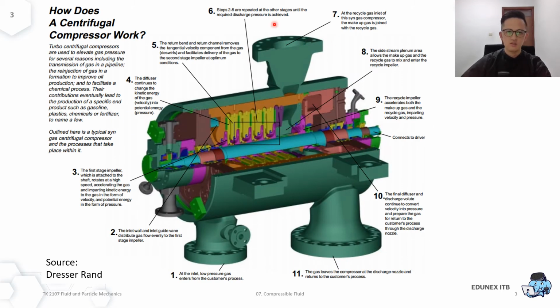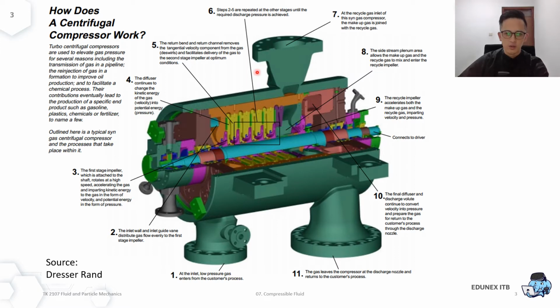So how does a centrifugal compressor work? These are the components that are typically observed in a centrifugal compressor. You have an inlet nozzle where the fluid comes into the compressor, and then you have a fan. This is to distribute the gas evenly, and then you have the first stage impeller. The impeller will rotate and it is attached to a shaft. Because of the rotation of the impeller, the energy will be converted from the kinetic energy of the impeller to the pressure of the outlet gas.